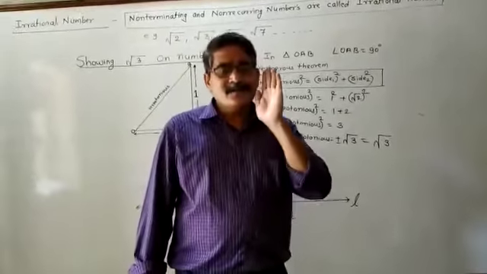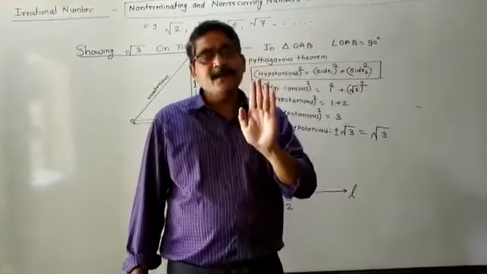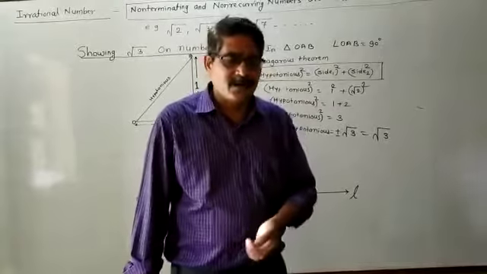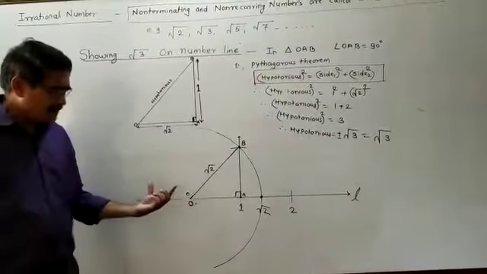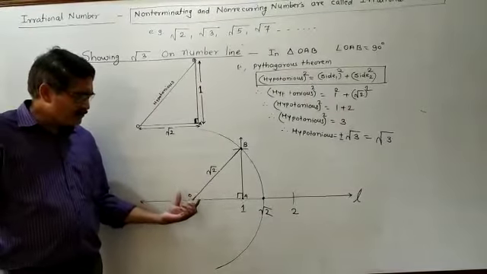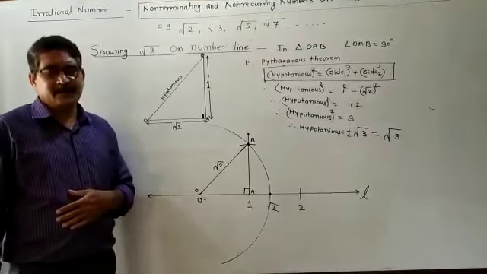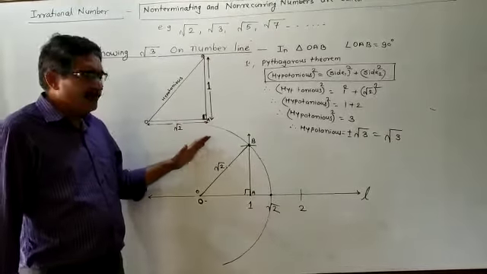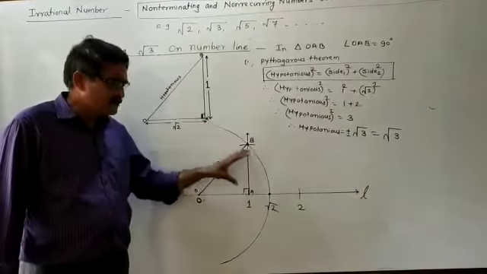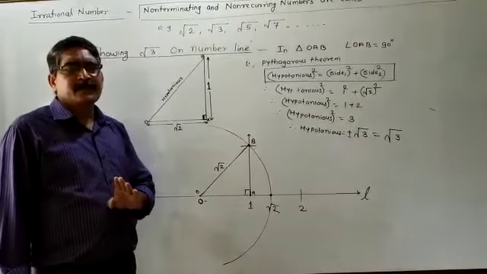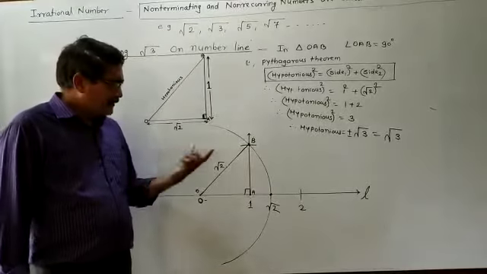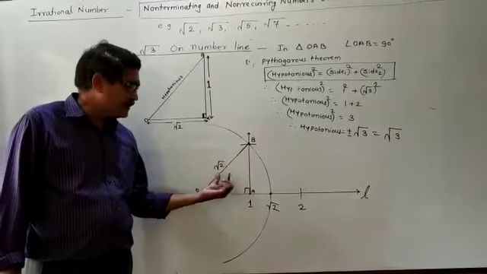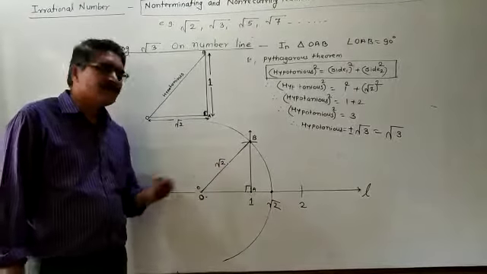Already I told that while showing the square root of 3 on the number line, you have to take the help of the square root of 2 on the number line. Whatever construction you did for the square root of 2, the same process you have to follow. First of all you have to draw the square root of 2 and after that you have to draw the square root of 3. Already I drew the square root of 2, you saw in the previous lecture how you show the square root of 2 on the number line.